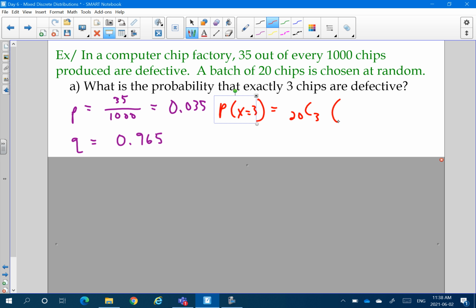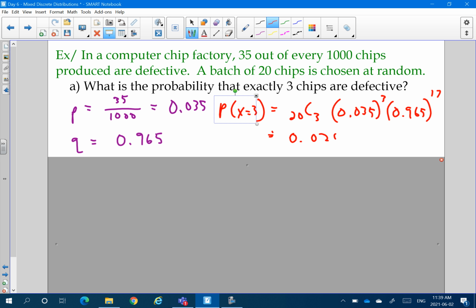And then we have P, 0.035. Remember, to the power here, we're using our formula from the other day, power of 3, and 0.965, and remember it's 20 minus 3 to the power of 17. And we find out that it's pretty low. It is about